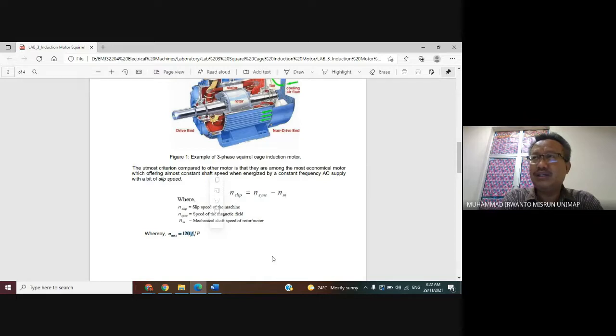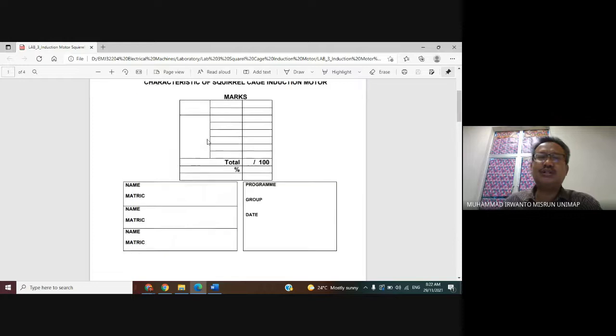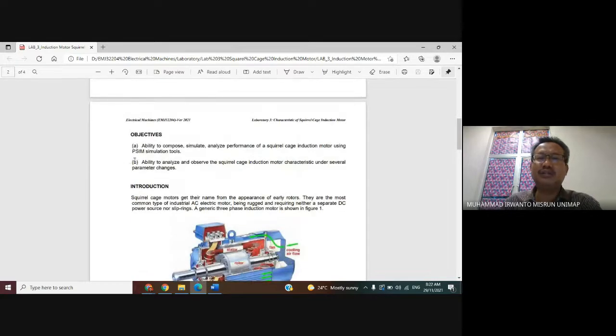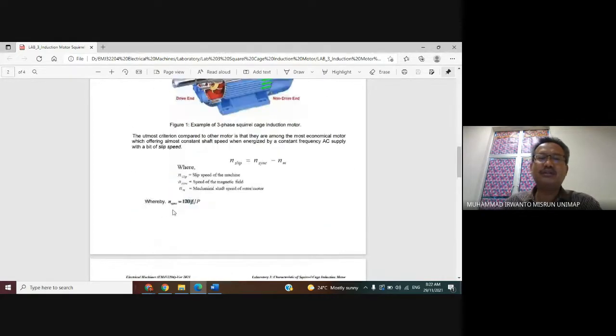But in a real system, with an induction motor the number of poles is fixed, so we can control the speed using a frequency controller. But here we want to change, following objective B, the number of poles.